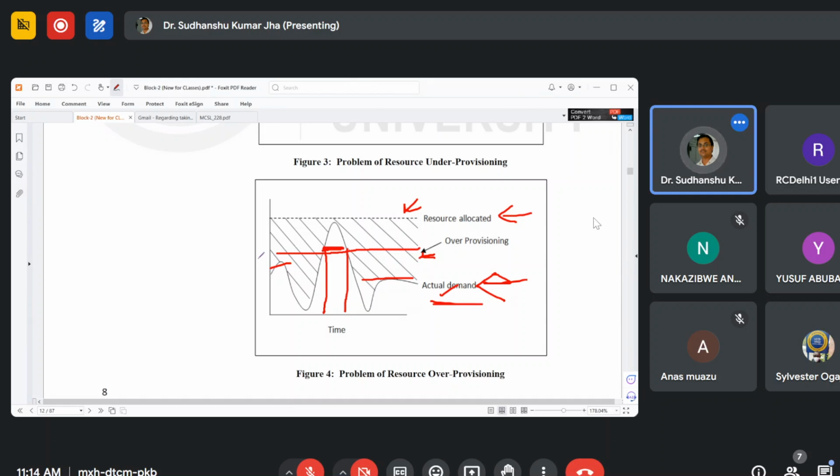Under provisioning means at runtime you need more resources, because you requested an extra amount of resources during the runtime. Whereas over provisioning means a lot of resources are required in the beginning,